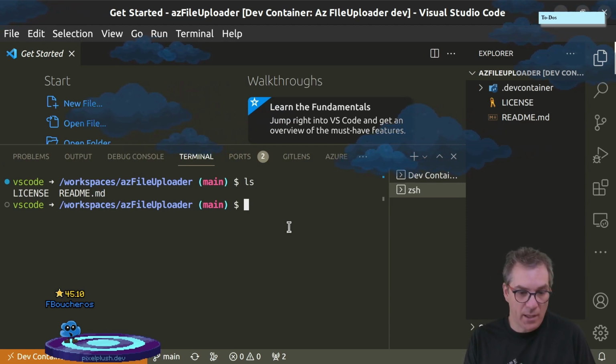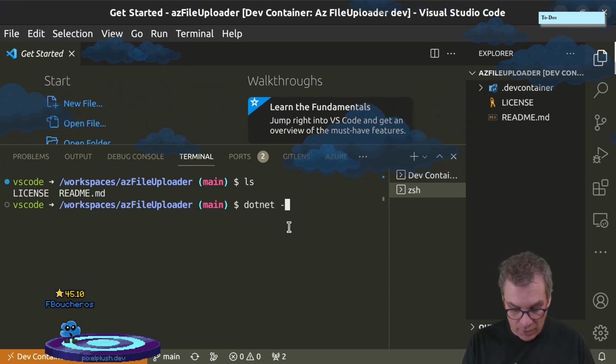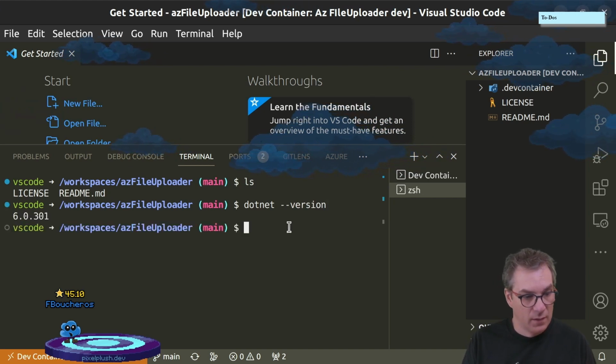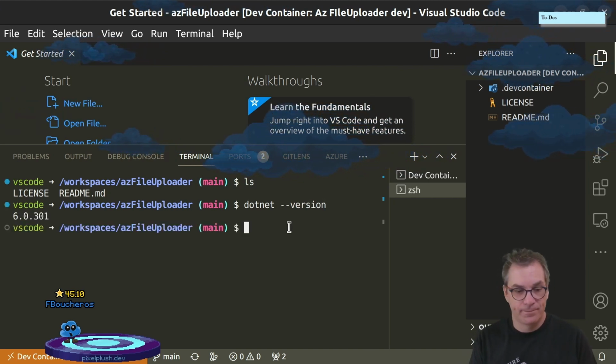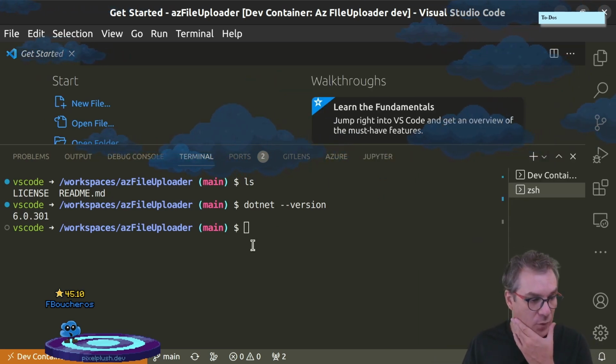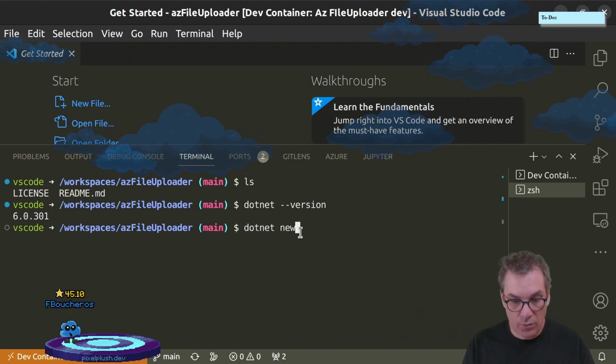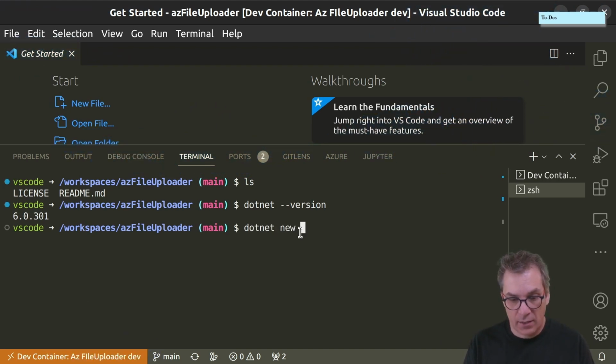Oh, looks like I'm there. Okay. So if I do .net and dash, is it dash v? I think let's go like this. Okay, cool. So we're there. Excellent. That was quick. So now we need to create our project. So let's do .net new. I think it's Wesam. And then we say the name